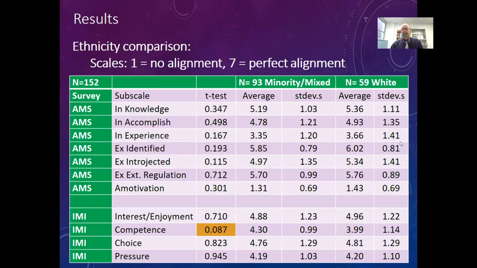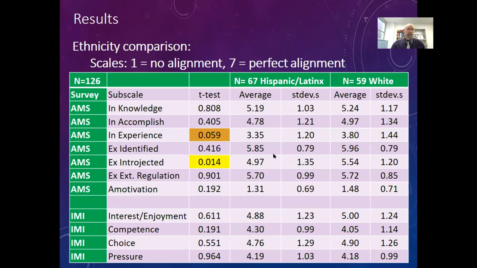In terms of diversity, ethnic diversity is, of course, of interest, especially at a Hispanic institution. Are we meeting the needs broadly of all the students? And I was relieved, actually, to find that in terms of my students and population, they did not differ on any category based simply on race. We see mixed majors here. A minority are white, about a third of the population, and the rest of the population is actually mixed or of traditional minority populations. In terms of the overall Hispanic versus white, what we find here is, again, a little bit more of this